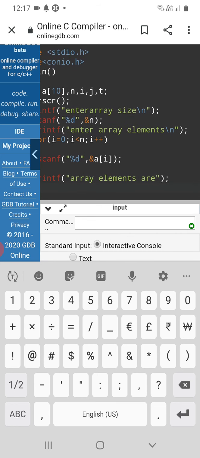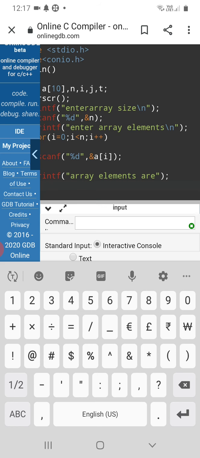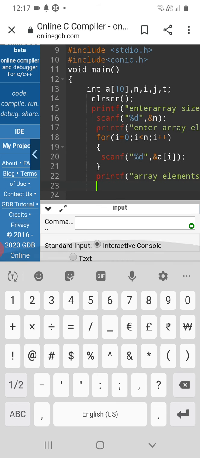And yeah, moving on to the next line, I'm using another for loop.